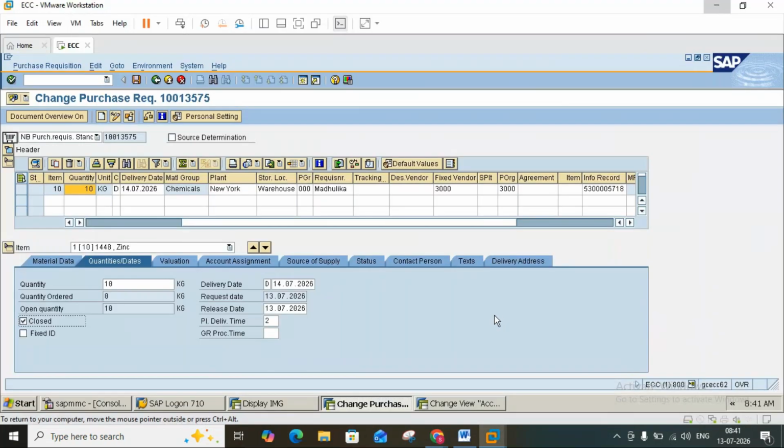Zaid? Madhulika? You understand? If you select this close, then what will happen? Tell me, yaar. Tell me, guys. Yusuf,